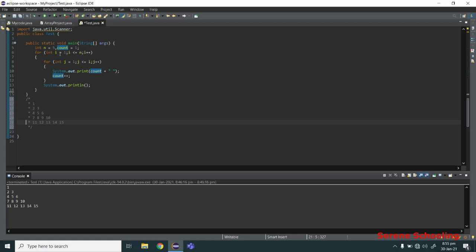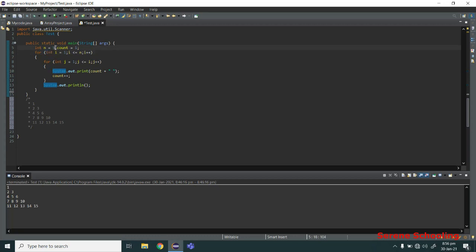So for each iteration of the i loop, our inner loop is executed i times. So whatever the value of i, that is the number of times this loop executes. So if i is 3, this loop will be executed 3 times. So our outer loop is executed 5 times, and our inner loop first executes 1 time, then 2, then 3, then 4, then 5. So you can add those up. So that's how it works. So that's how we print the pattern.